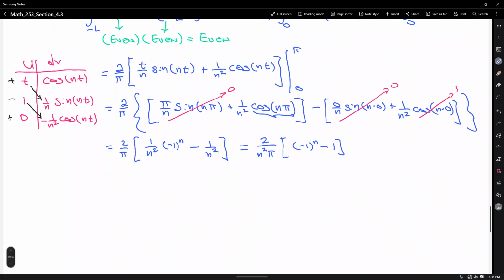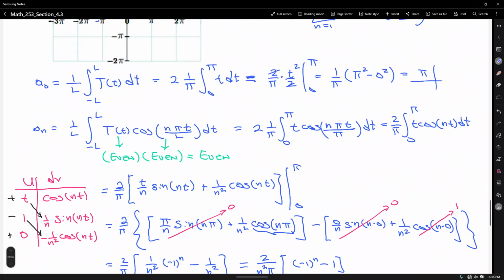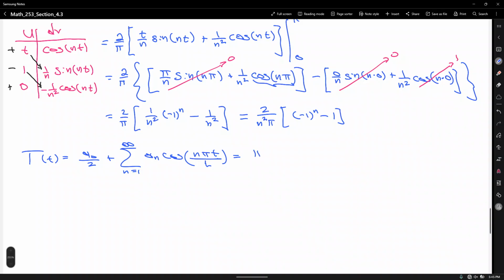Okay, so that is coming back, f of t equals a sub 0 over 2 plus the sum from n equals 1 to infinity of a sub n cosine of n pi t over L. What's a sub 0? What did we get for a sub 0? Didn't we get pi? So that's just going to be pi over 2. Oh yeah, pi over 2 plus the sum from n equals 1 to infinity of a sub n, which is all